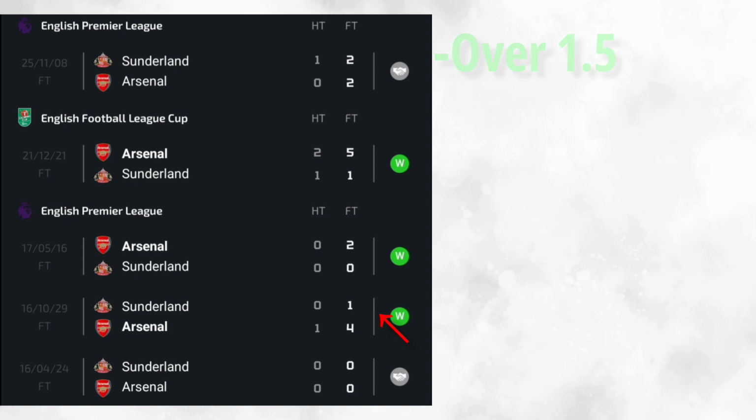Jumping on to the next game, on 17/05/16, we can see that our market worked again, guys. Can you see that? Just check. Arsenal is very good. It's been dominating, not only this season but on the previous seasons, right? Because these games are from the previous seasons, not the current season right now. But it says that our market worked here.